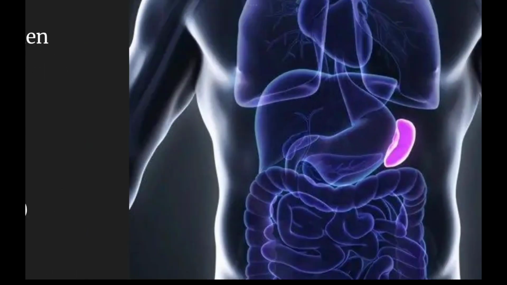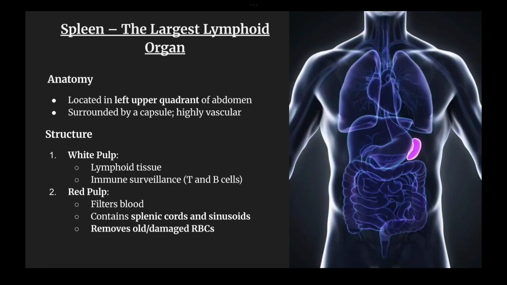Okay, so where is it located? On the left upper quadrant of the abdomen. You can see the pink colored organ in the diagram. Now, how does it look? It is like a white pulp. It is a lymphoid tissue, and it has T and B cells that are always vigilant over there. Vigilant in the sense that T and B cells are always actively participating in the